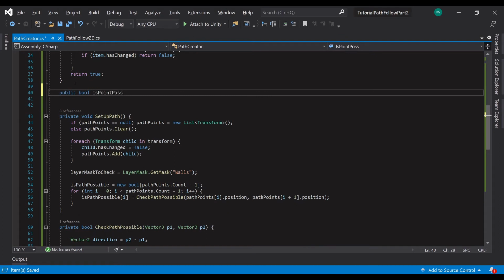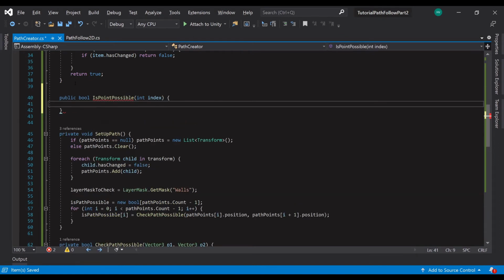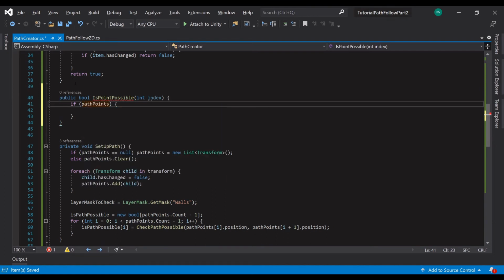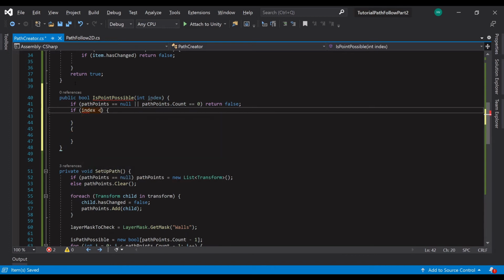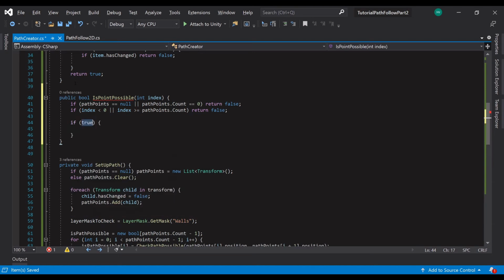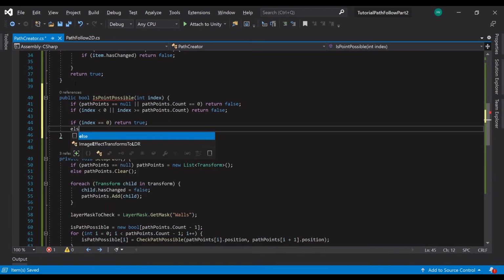First of all, let's verify if the requested point is actually possible. Because if our path points aren't initialized yet, or the amount of points we have is actually 0, then we can't do anything. Now, if the requested index is smaller than 0 or bigger or equal to the amount we have in our array, then again, we can't do anything because we're outside the bounds. Now, if the index is 0, then we're good to go because it's the start point and the other checks are already dealt with. Otherwise, we can simply call on our Boolean